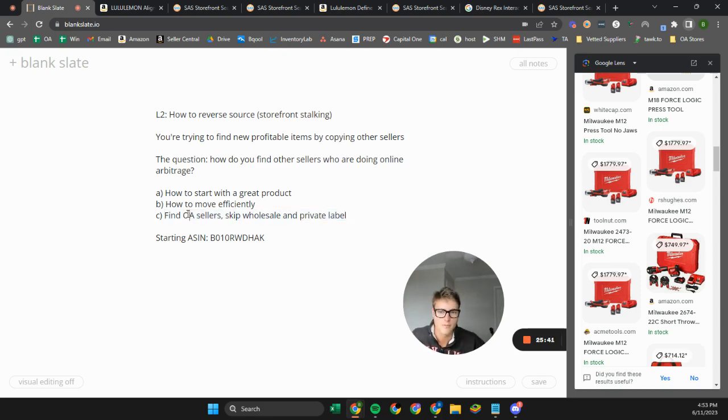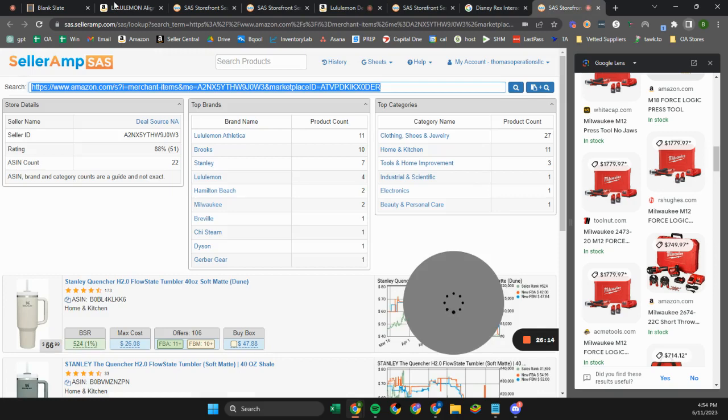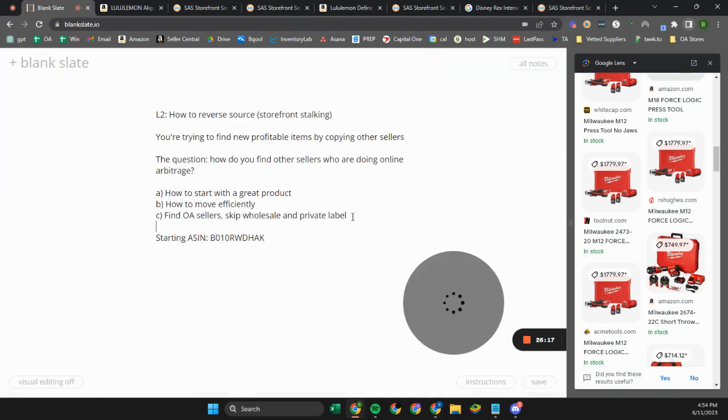And the third thing is we're going to be finding online arbitrage sellers, especially when we start with a good product first. So if we start with Nike, we're not going to find much wholesale or private label activity, right? Just to clarify, private label means you have your own brand. So you sell your own products because you manufacture them yourself. And wholesale usually means these really big accounts. Like for example, this guy over here, 6,000 reviews. It's a lot of reviews. There's a chance he's doing something wholesale. Who knows? So our main goal is to look for those smaller review sellers and just pick off good